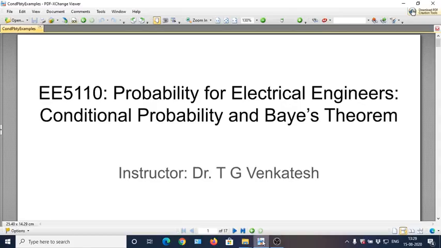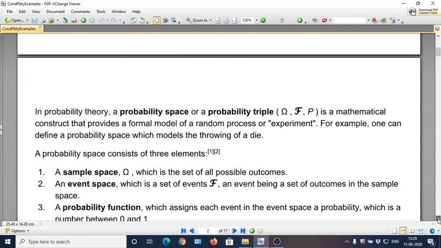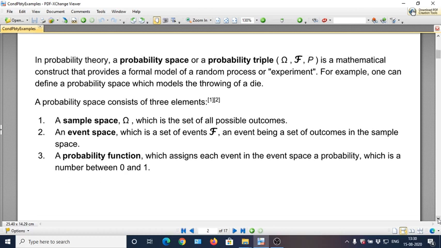Welcome back. We will now look at some examples related to our concept on conditional probability and its application related to Bayes' theorem. We have already looked at how the probability triple allows us to construct a valid probability theory. So we have a sample space and event space defining a sigma algebra and then a probability measure defined over